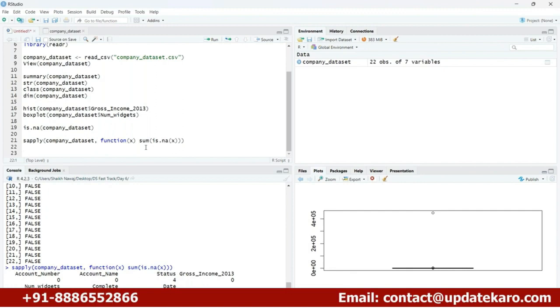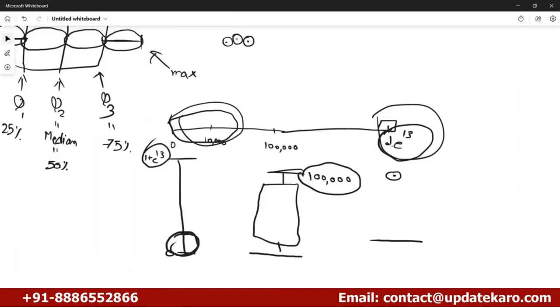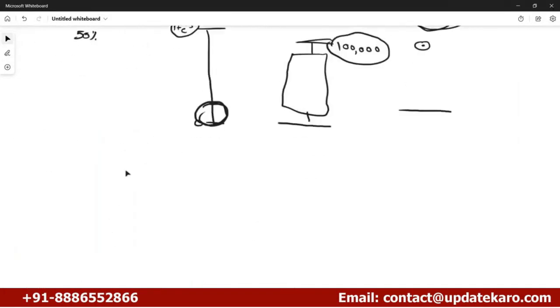So we can replace those missing values by the mean, median, or mode, depending upon the type of our data set, whether it is numeric or categorical. If the data set is categorical, we can replace those missing values by using the mode. Let me show you the different statistical terms that we saw previously, but a few terms are totally new, like mode. As we know, mean is nothing but the